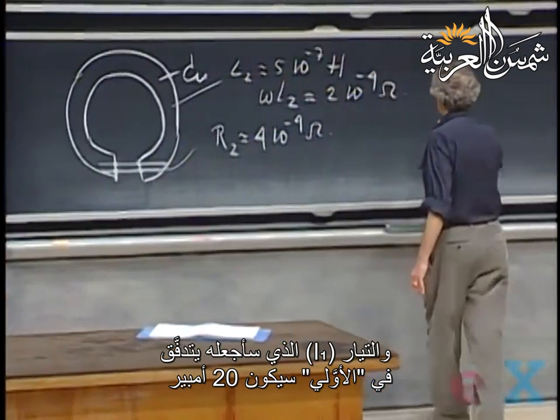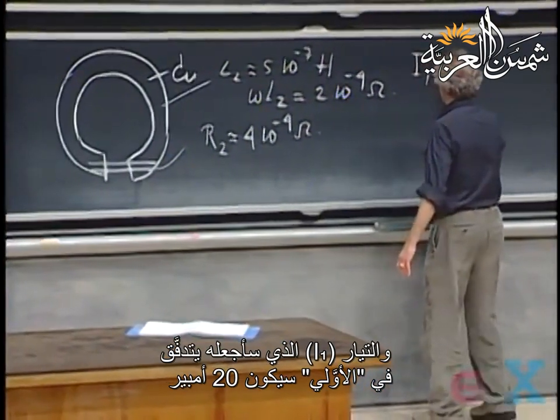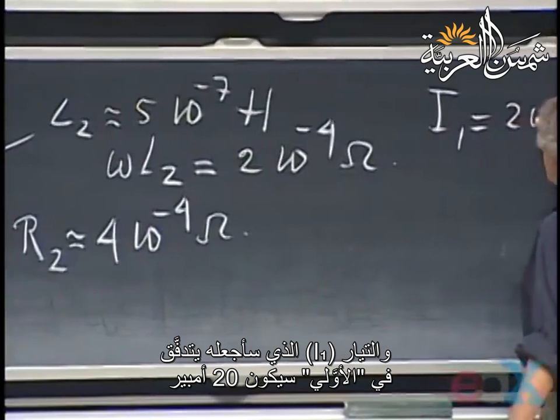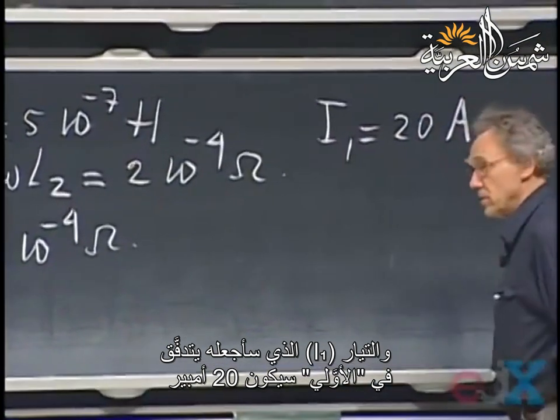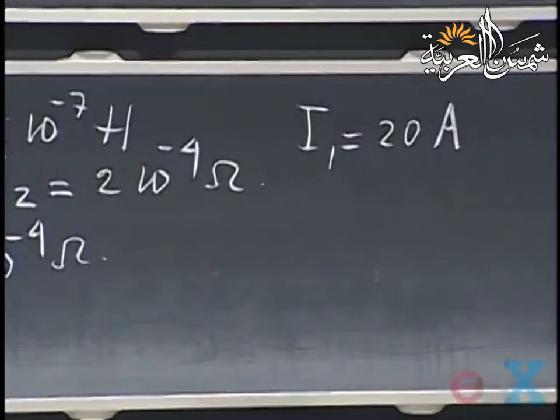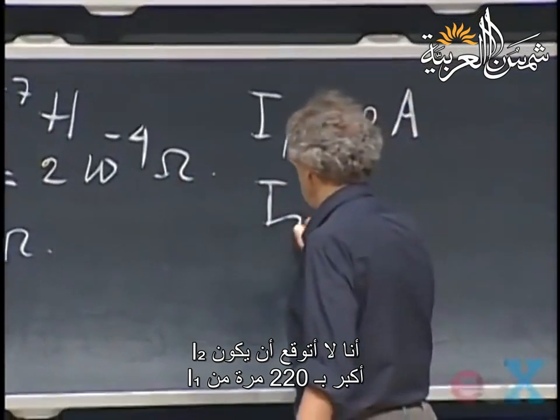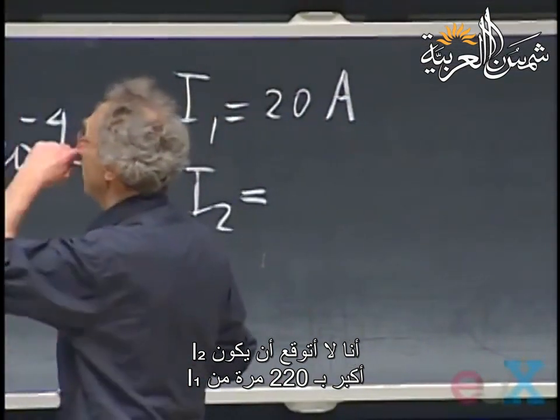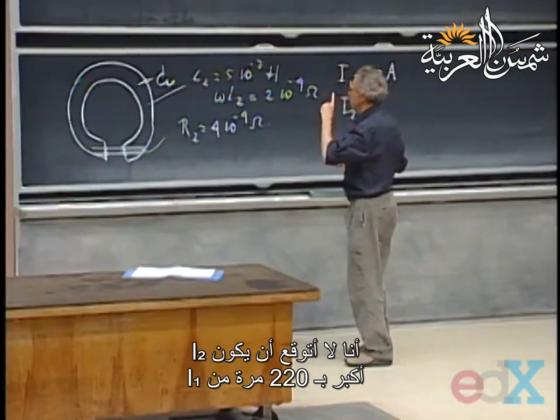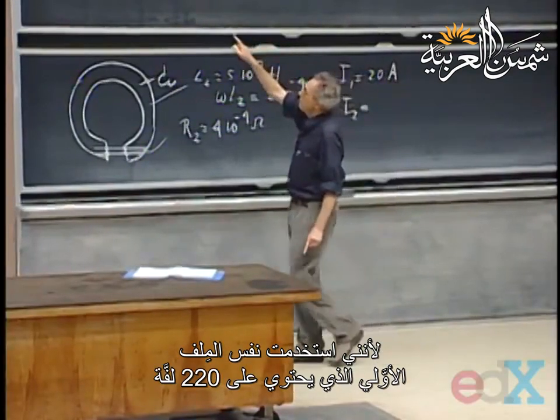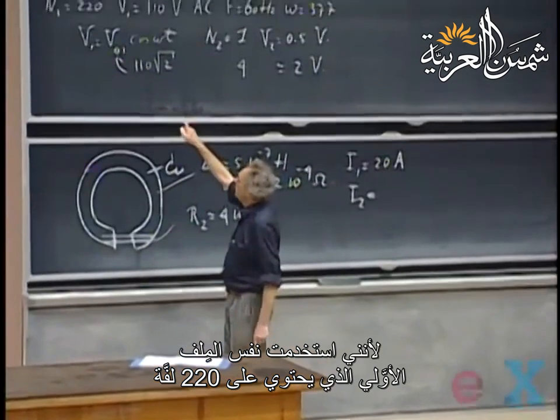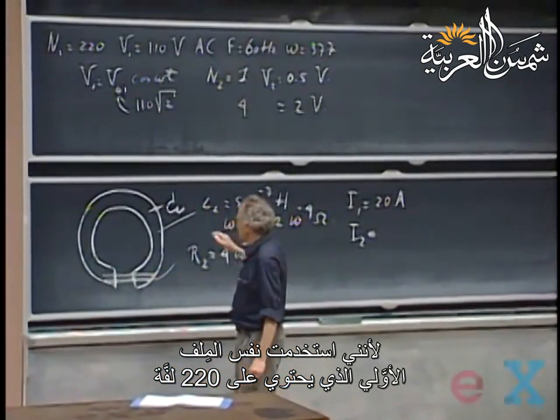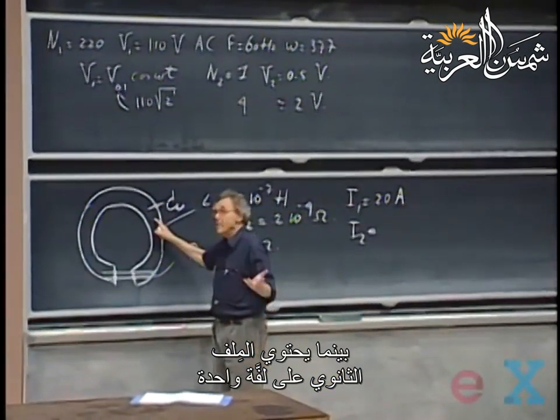By I1, the current that I drive in the primary is going to be 20 amperes. I do not expect that I2 will be 220 times larger than I1, because I use the same 220 windings for the coil,